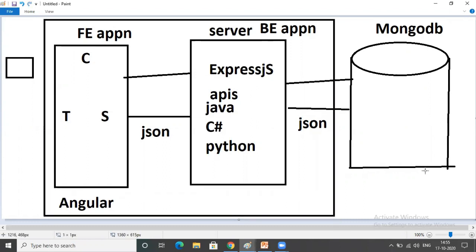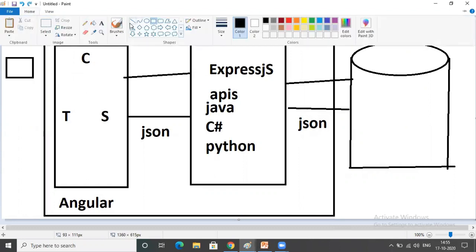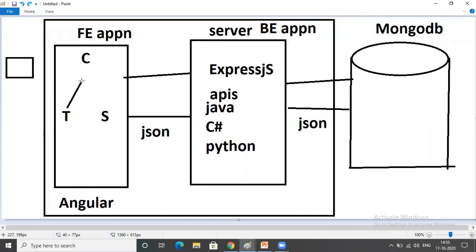My target is to explain the MEAN stack developer. MEAN stack developer means MongoDB, Express.js, Angular, Node.js. Full Stack Java developer means front end is Angular, back end is Java, database is Oracle. Full Stack .NET developer: front end Angular, back end C#, maybe Web API, and a database.